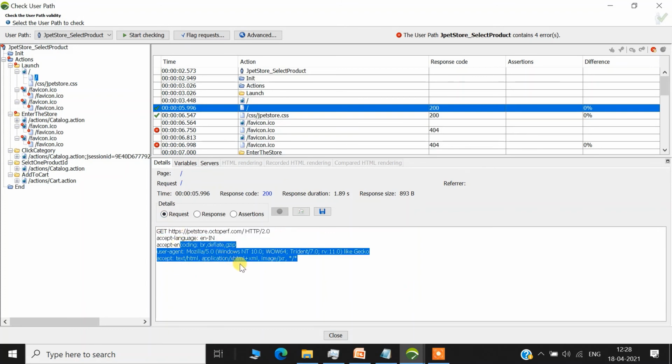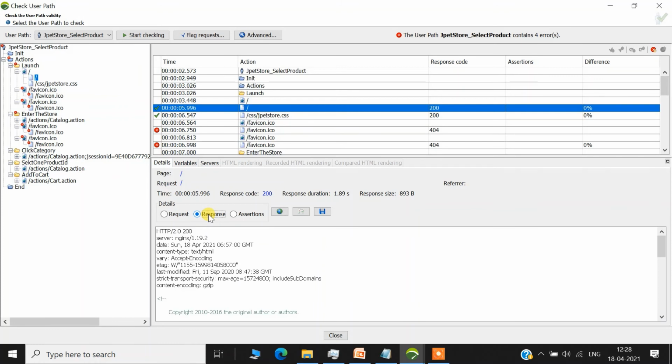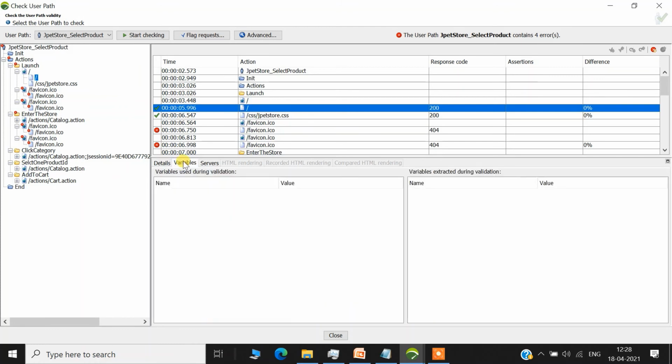These were the headers that were passed. Assertions you will not see right now because we haven't added any validation or assertion point, so here it is blank. Right now we can see the request and the response in text format. If there was any variable that we use for correlation or a parameter, that would be visible here.